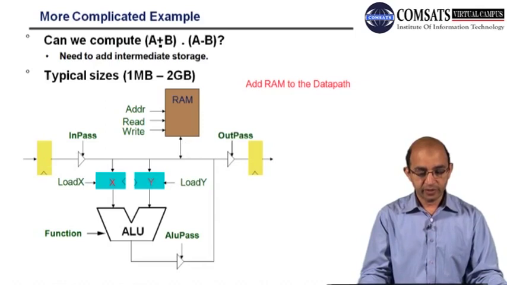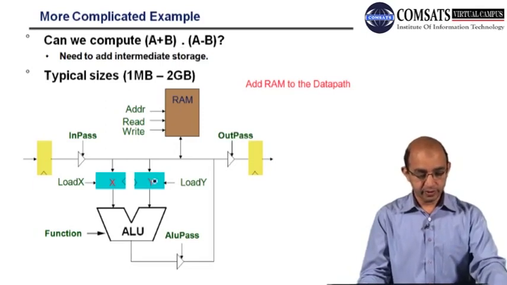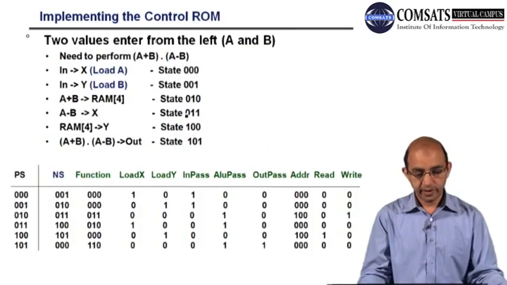Now we can perform this: it can be computed and stored there, then we can compute this and store here, and then we can AND them all. So first, what we need to do